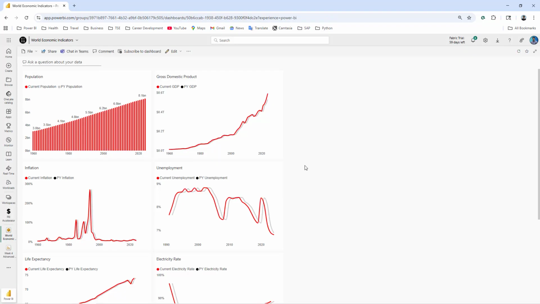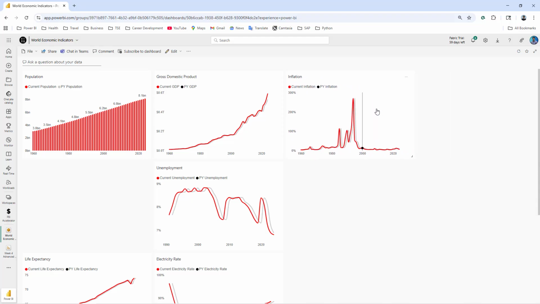Now this is the dashboard that we just created. What's happening here is that we are grabbing visuals from the Power BI report and then consolidating them in just one page, and it's called dashboard. So what we need to do next is, let's do this